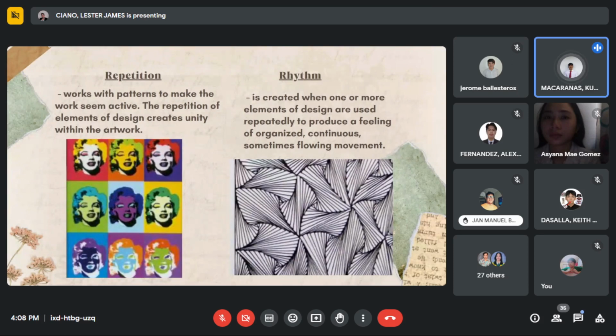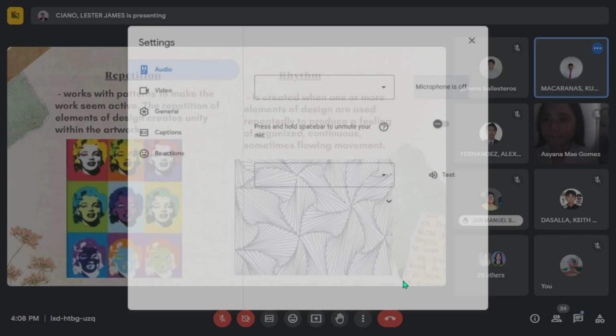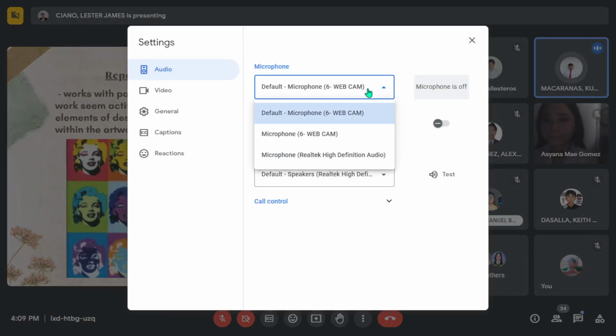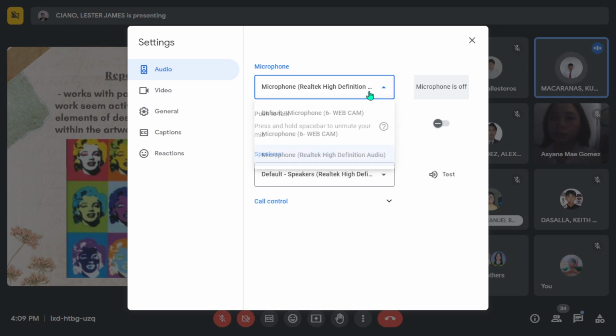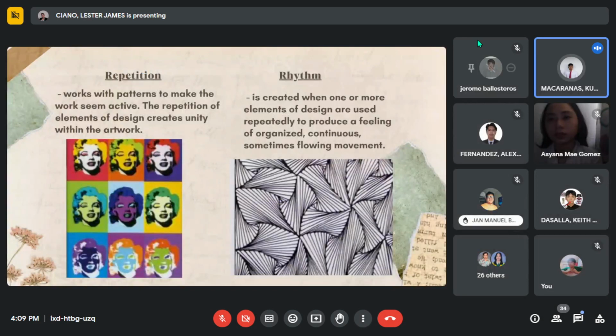Next one is rhythm. Rhythm is created when one or more elements of design are used repeatedly to produce a feeling of organized, continuous, sometimes flowing movement. So, sa rhythm, it helps to create visual interest, movement, and a sense of unity. And the designer can effectively utilize rhythm to enhance the overall aesthetic experience of their artwork. Next,